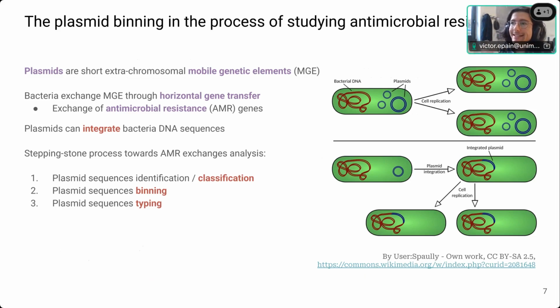And when bacteria exchange plasmids through horizontal gene transfer, they can exchange antimicrobial resistant genes, and this is problematic in the clinical field, of course, because some bacteria which were not able to resist in a certain environment can, through these exchanges, resist and provoke some new diseases or new pandemic. So the plasmid binning is a stepping stone process towards antimicrobial resistant gene exchanges analysis.